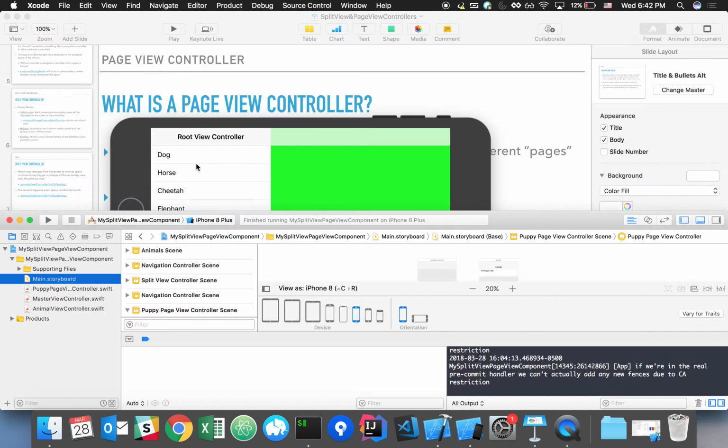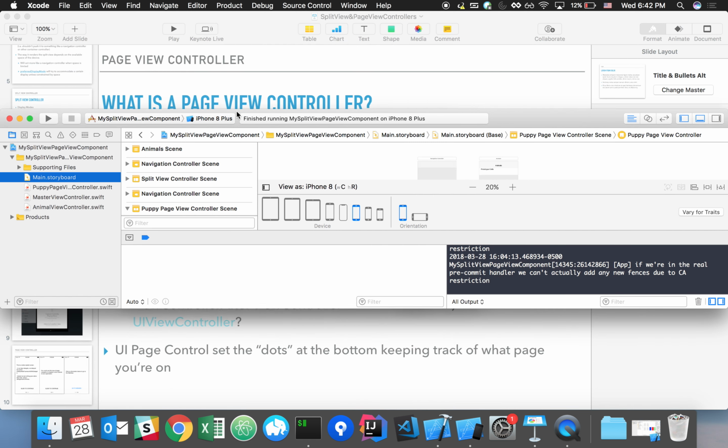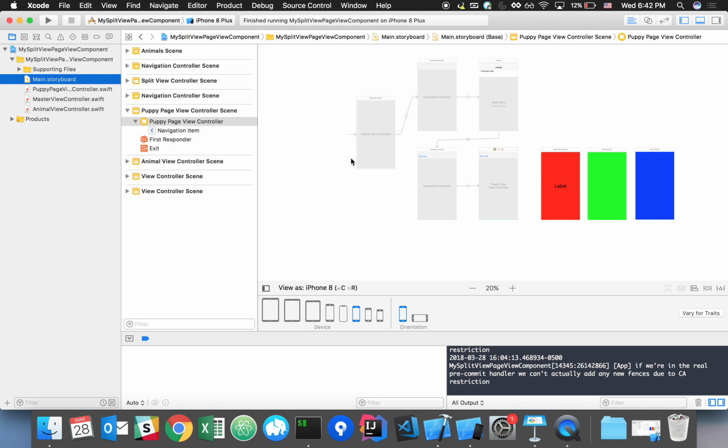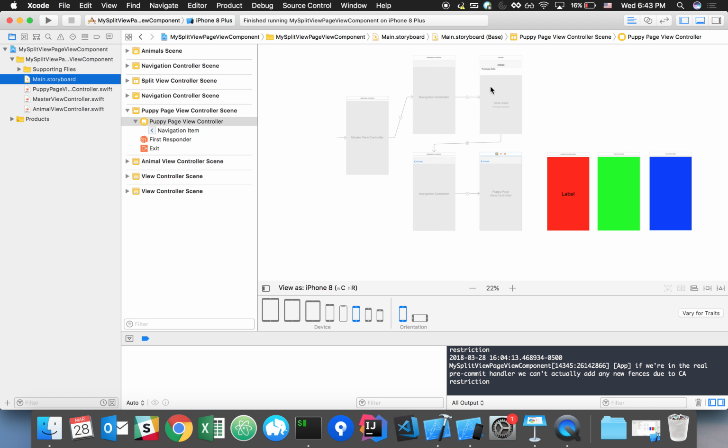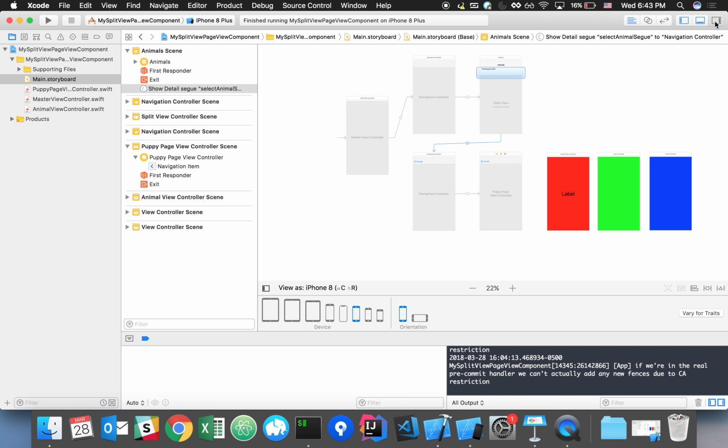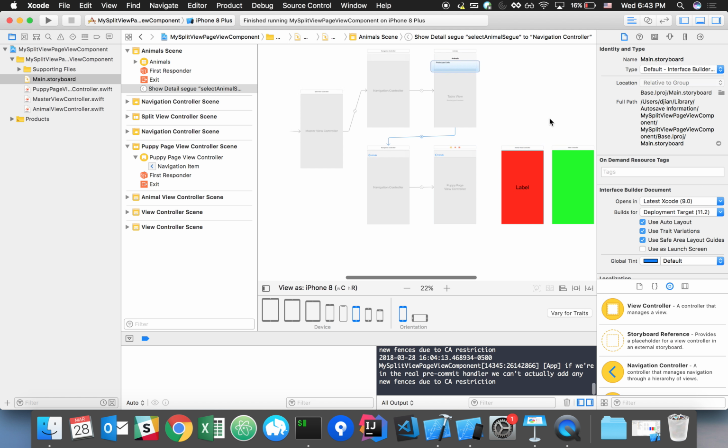Okay, so I'm going to minimize that. We went through a decent amount. So the basic way to transition or tell your detail view controller that it has to update itself is a segue. Really simple, right? So here, this is basically what we had before. We have this navigation controller, we have a page view controller down here, and we have a table view controller here, which is our master view. So in the middle of these two, I basically have a segue that goes from the cell to our navigation controller. And in our code,